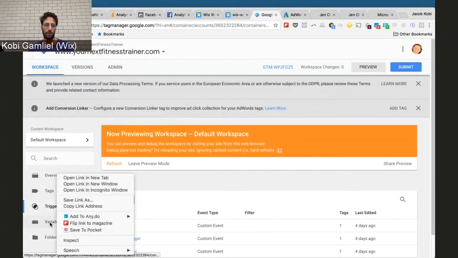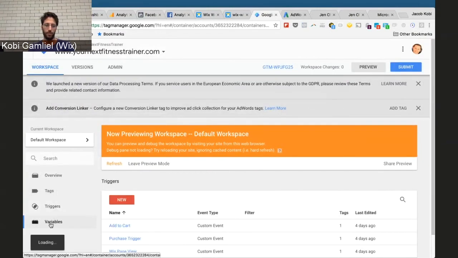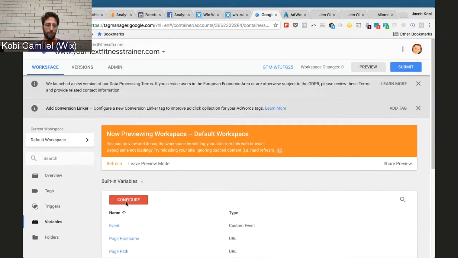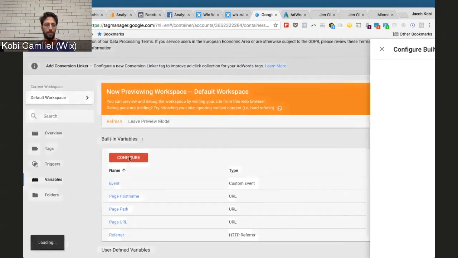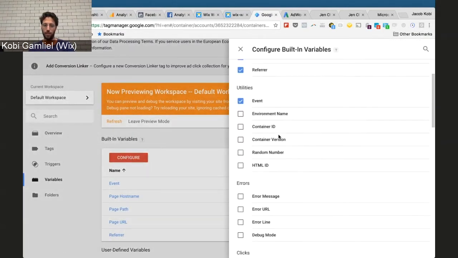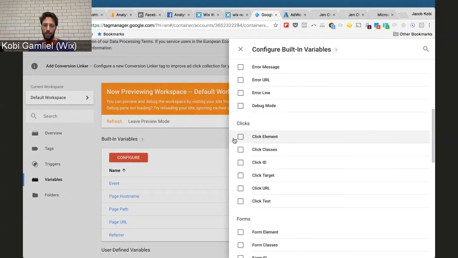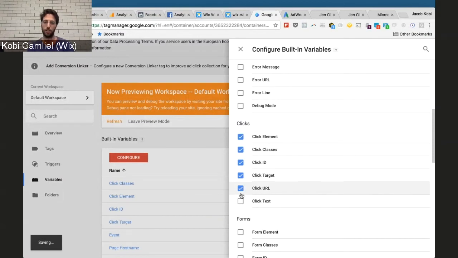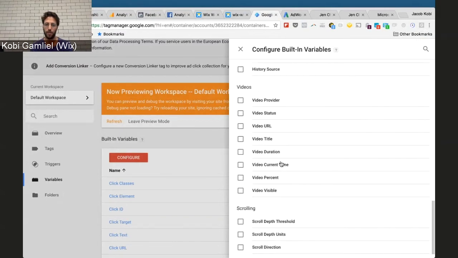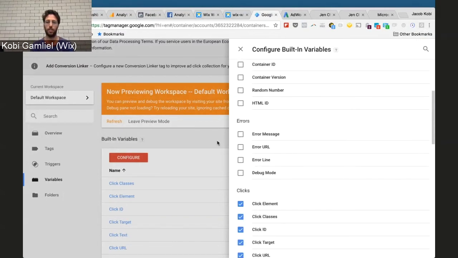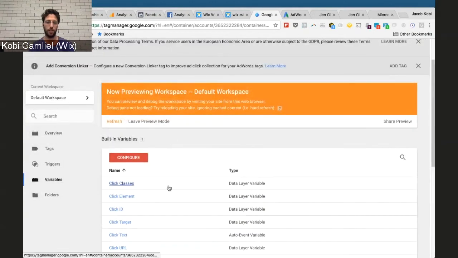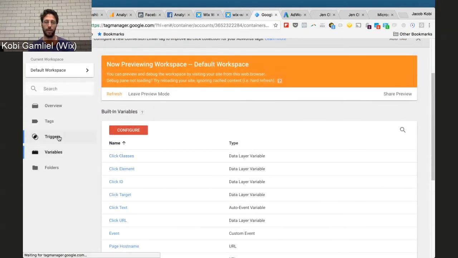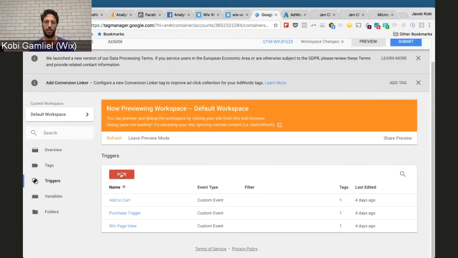Then we'll go to variables in Google Tag Manager. This is something you have to do only once, and you see that you have built-in variables. Google Tag Manager lets you add built-in variables, which means these are clicks or parameters that Google Tag Manager will collect for you. So you just mark these. You have a lot of options. These are basically the ones that you need. You see that they are now here. So now if I go back and I create my trigger,